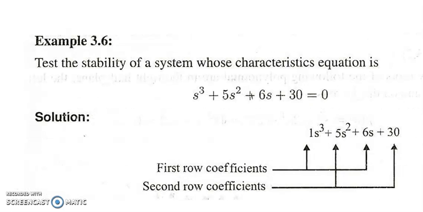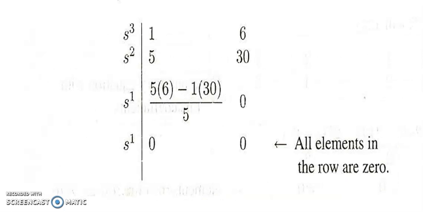So what you can do is you can take one kind of an example here, which is s cube plus 5s square plus 6s plus 30. So what you can do is find the first row coefficients and the second row coefficients and form the Routh array. So you have s cube, s square, s1 and s0. For s cube you have 1 and 6. For s square you have 5 and 30. The moment you calculate this, what you'll find is 6 into 5 is 30 minus 30 by 5, which is